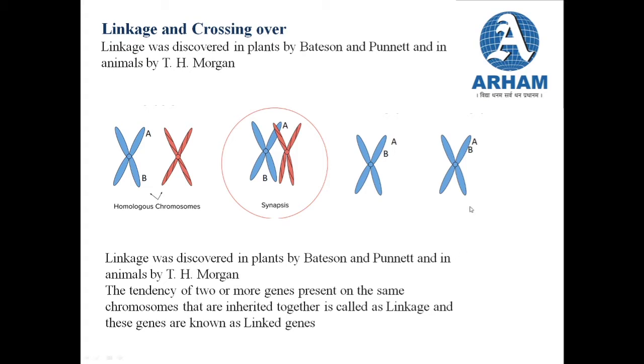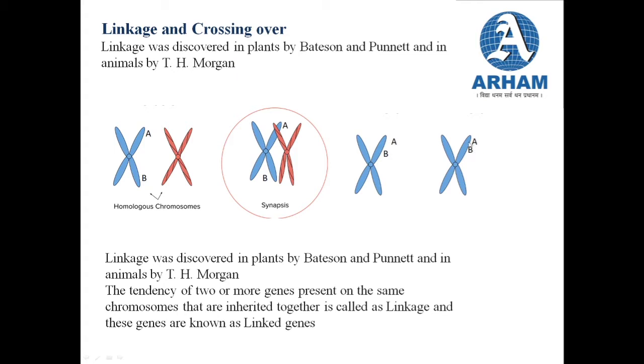And if the crossing over takes place in the other arm, suppose at this chromatid, then these two genes, A and B, won't be separated. So again we can say, if the genes are closely placed to each other, the chances of them getting separated at the point of crossing over is less. Now let us see the third situation. Here the two genes are very closely located to each other.